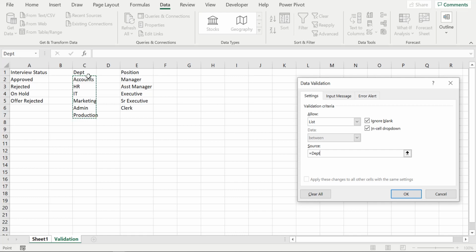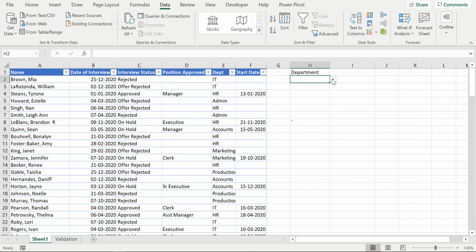Okay, if it was not named, then it would have shown as sheet validation from cell C2 to cell C7, but since I have already named this range of C2 to C7 as department, it is showing me as department. So I click OK. Now you see I have data validation here.